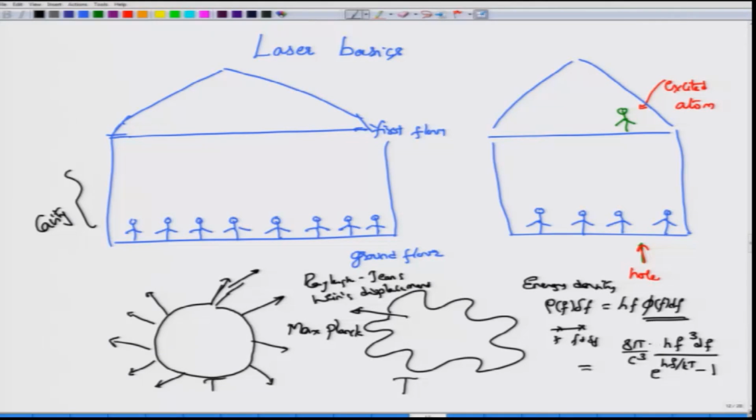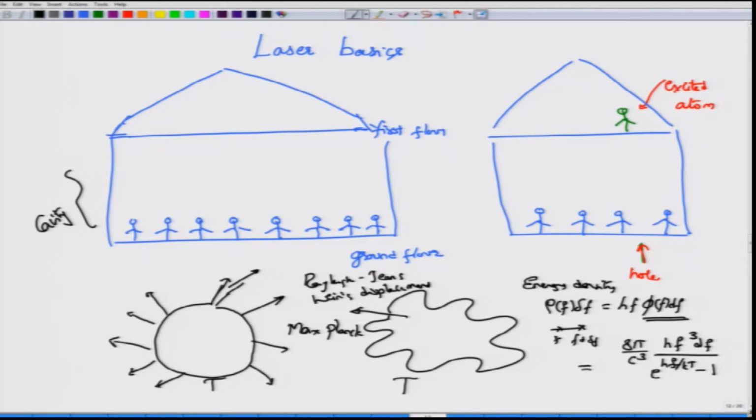But the important point to note here is that this radiation formula, as given by Planck, involves c, which is a constant, and h, which is a constant. Of course, the frequency range is defined by whatever frequency range that you want, and then you have e to the power hf by kT minus 1. So, this term, if you see, is dependent only on f and T. Now, this is the black body formula, and please keep this particular formula in mind. We are going to use this formula later on, but now let us go back to something else.